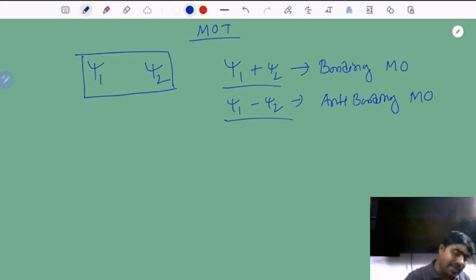The energy of the bonding molecular orbital is less than that of the anti-bonding. Why? If psi1 and psi2 are combined, they make the bonding. They are in favor of bond formation, they have no repulsive forces, they are attracted to each other. So we consider these two atomic orbitals, psi1 and psi2,